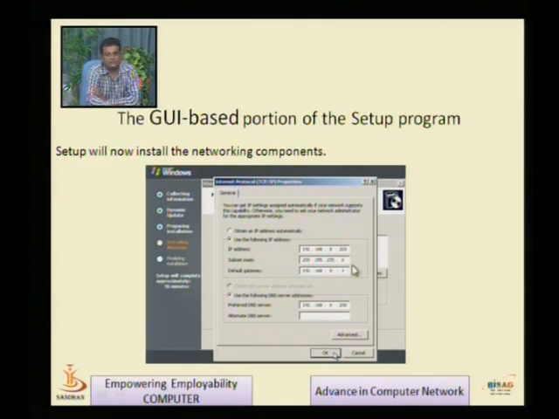and the default subnet mask is 255.255.255.0, because this is a class C address. So the first three octets are all ones, that's why it is 255, 255, 255 and 0. So this is the network address, 192.168.0.0, and in that network 203 is our one host. The IP address is divided into two parts, the network address and the host address. With the help of the subnet mask, the computer automatically identifies what is the network address and what is the host address. That's why we need to give the subnet mask.